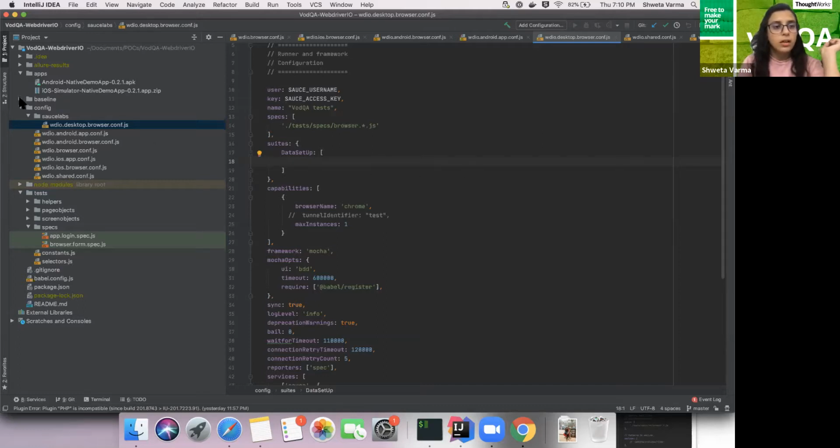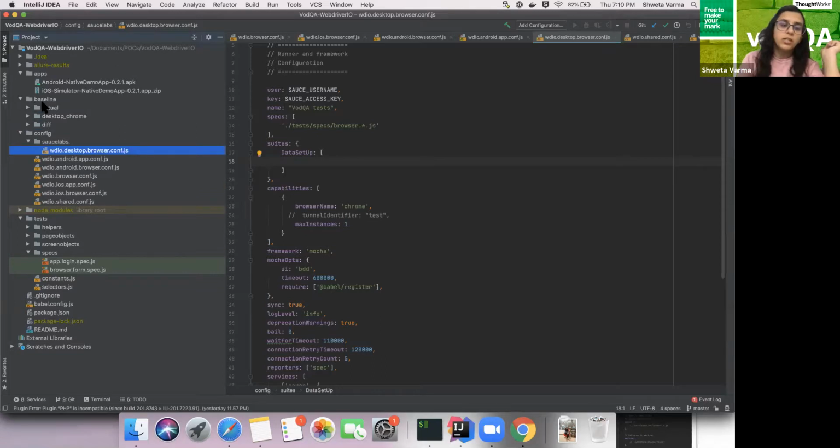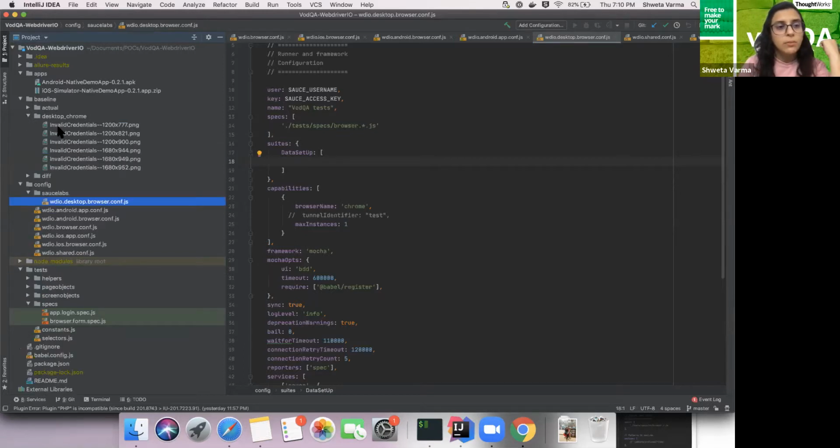And then let's see about the screenshot, this image comparison thing. So here I have desktop Chrome. These are the images which I have provided for it to verify when the execution is happening. As I mentioned, I'm using a normal login scenario, so I have two test cases.